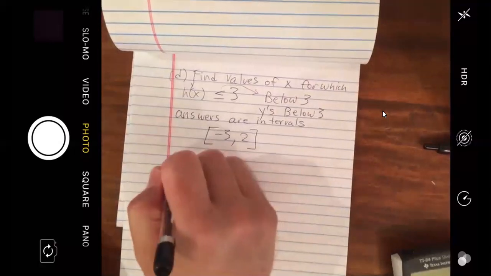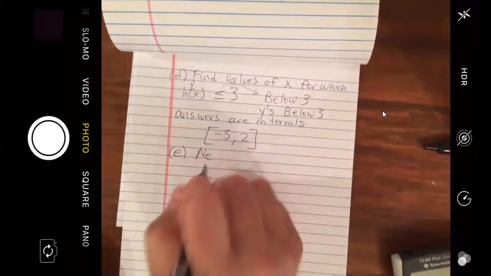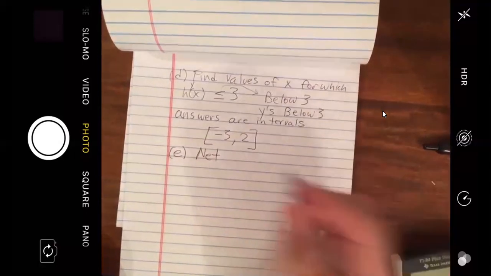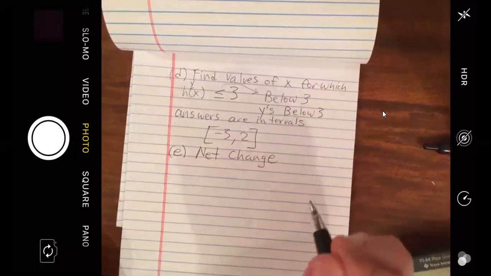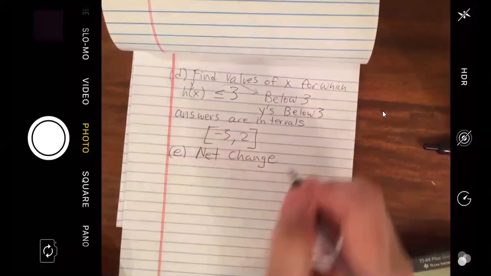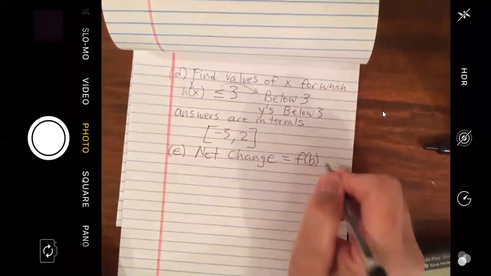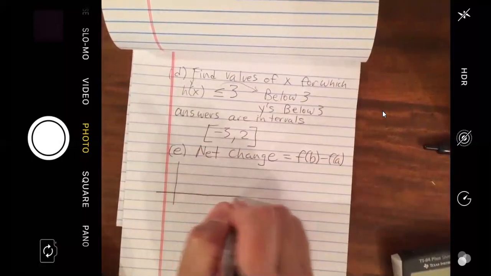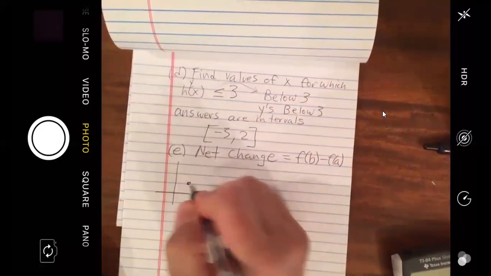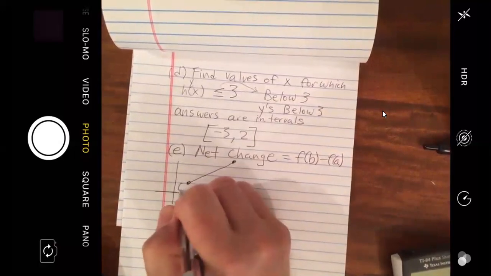E asks about net change, and they did mention this earlier, but I didn't cover it. We're going to actually cover it in 2.4. Okay. Net change, turns out, I can show you the formula back. They write it this way. Draw a picture of it. Take a line,